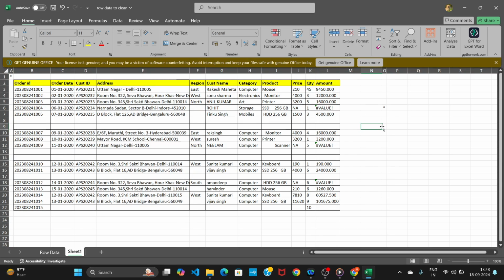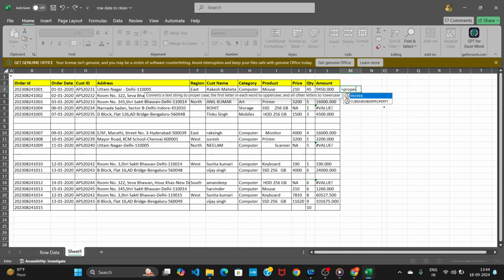That's all. So now we are going to work under the customer name. Here you can see that some of the words have their first letter written in lowercase. To fix this issue, we are going to use the PROPER formula. So for that, type equal to PROPER, and after that open parenthesis and click this cell and hit Enter. Now drag down